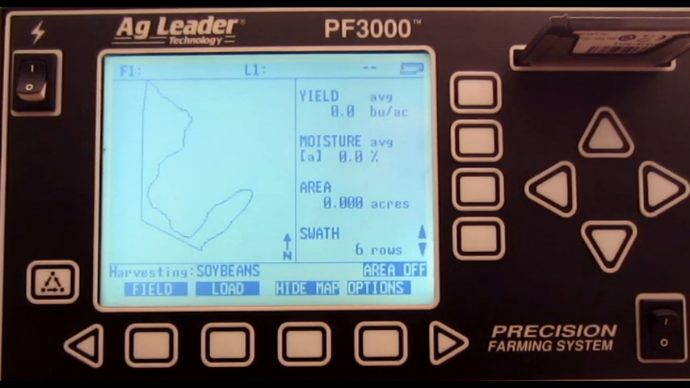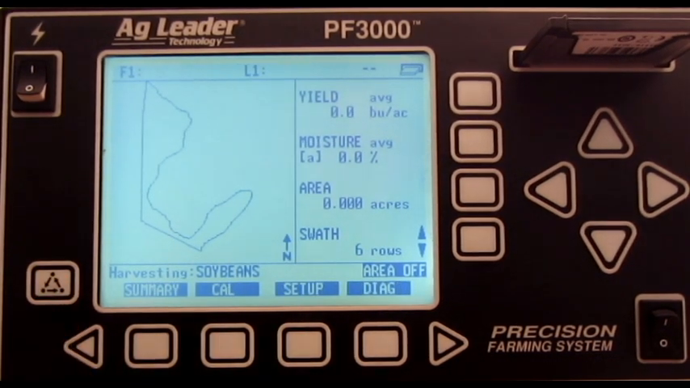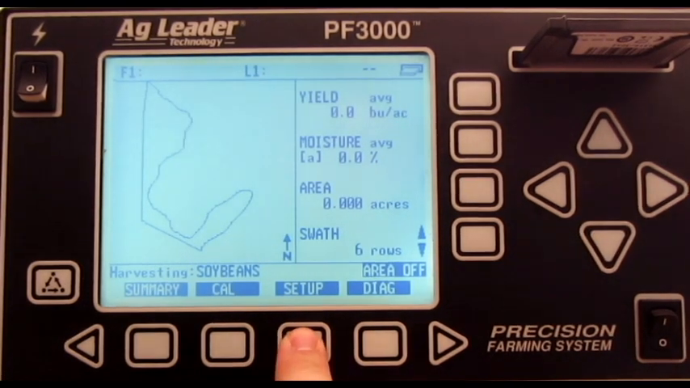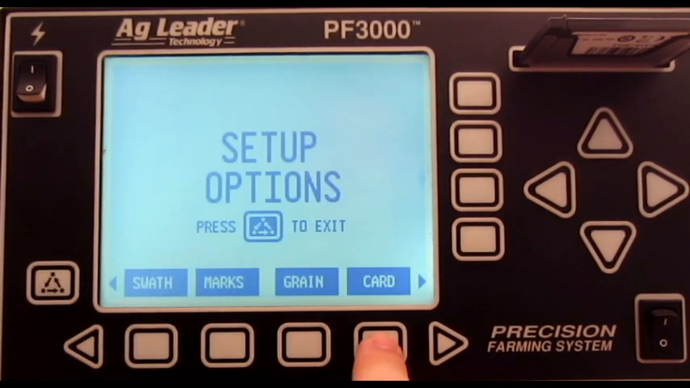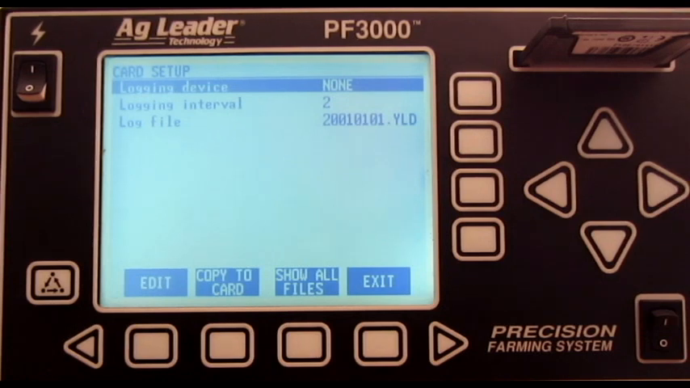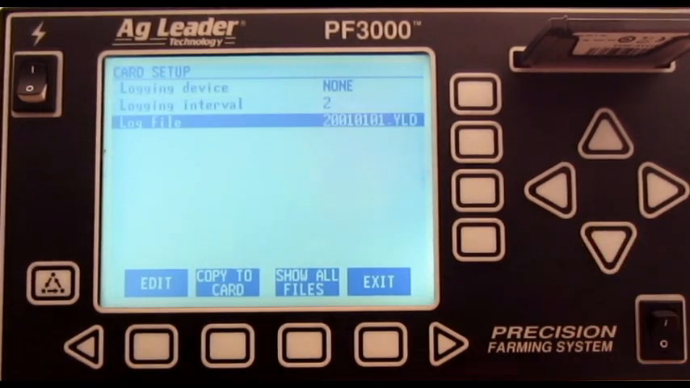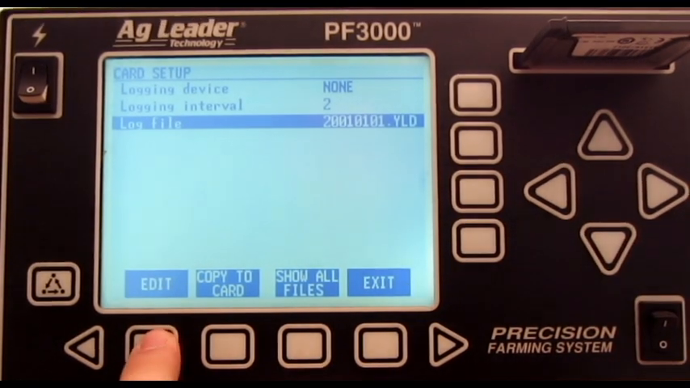In this video, we will cover how to import a setup file on the Ag Leader PF3000. First, press Menu, Setup, Card, press the down directional arrow so that log file is highlighted, press Edit,